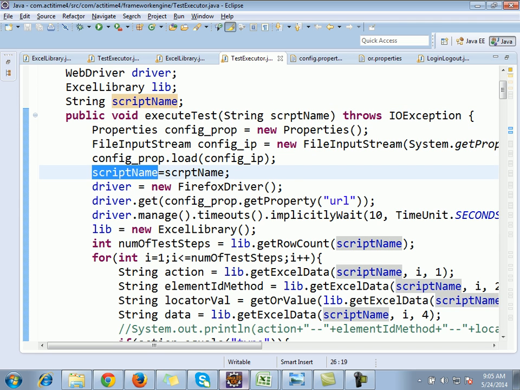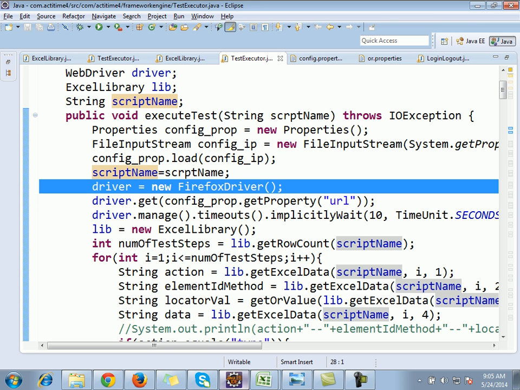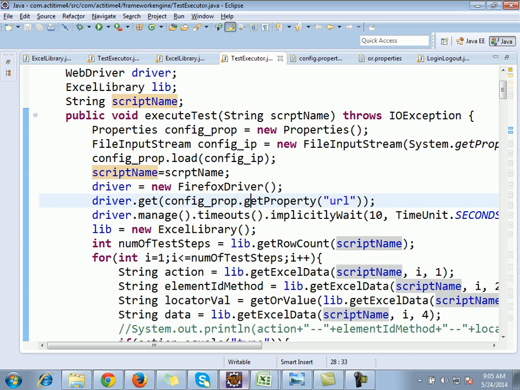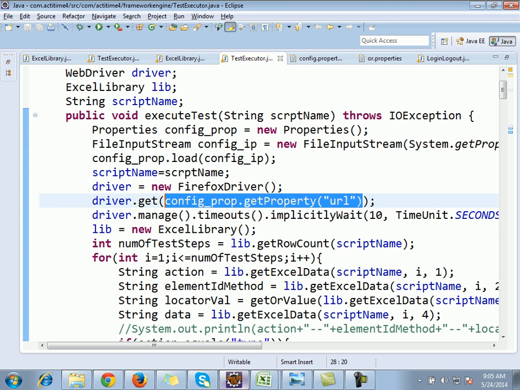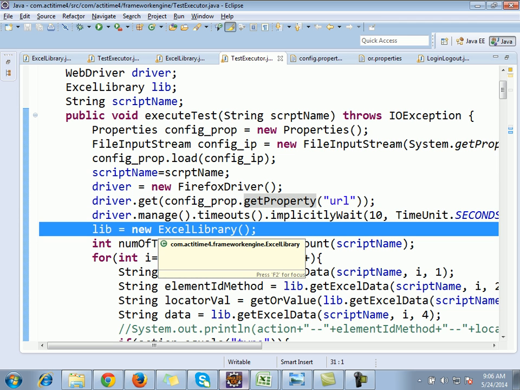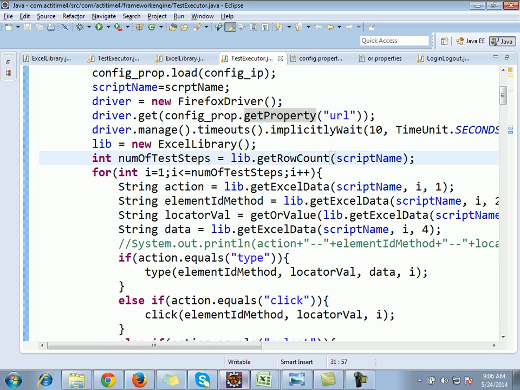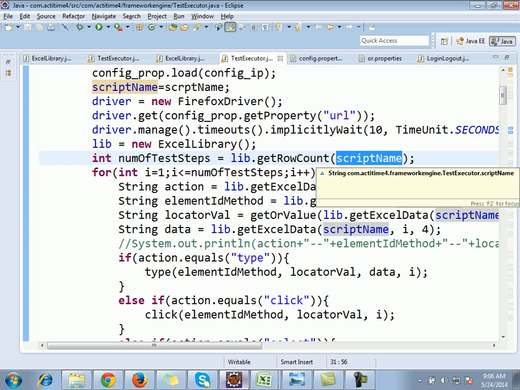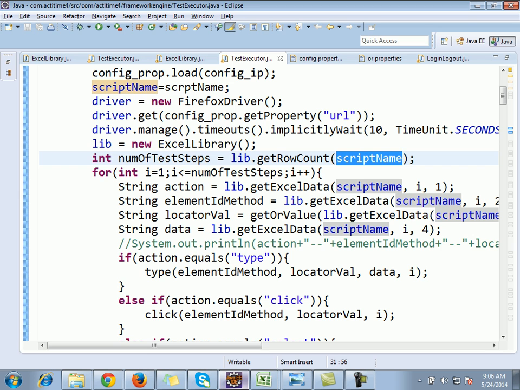Okay, now I showed this one. Now driver is equal to new Firefox driver, invoking the Firefox browser. Then I'm getting the URL information from the config property value. Then I'm doing an implicit wait, then creating an object for the Excel library class. Then I'm getting the row count information. The script name is login logout. Now it will go to the respective